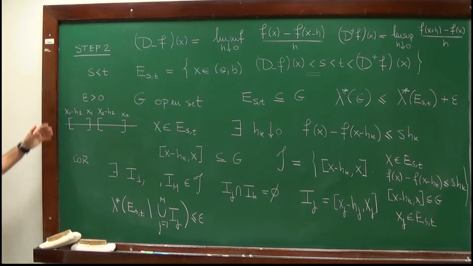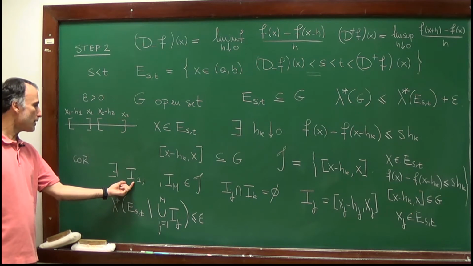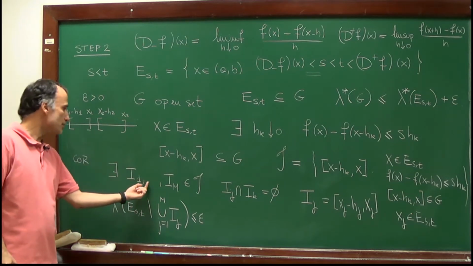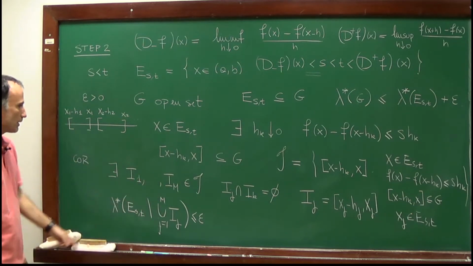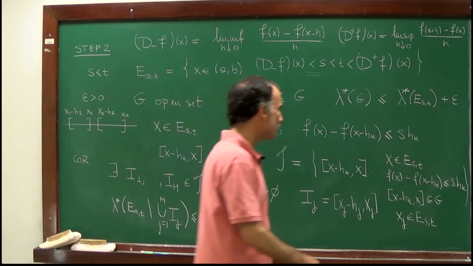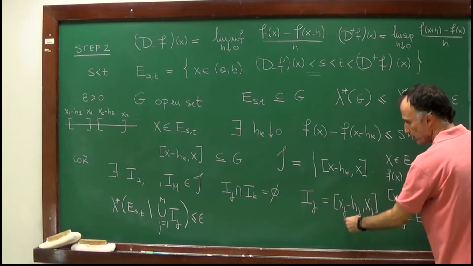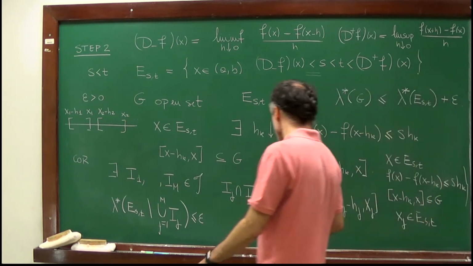So I'm assuming, and there is no loss of generality in assuming that, well, I1 is the leftmost one, I2 is the second leftmost one, and so on, and Im is the rightmost one. This will just simplify the notation a bit in the proof. Now, let's see what we can deduce from that inequality. I know that this inequality holds for all intervals. This means that if I sum